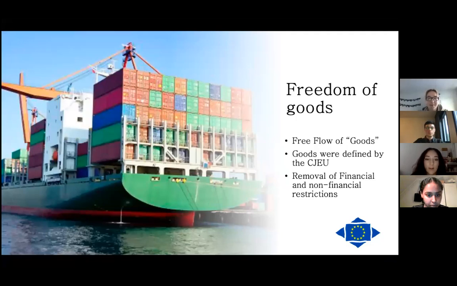So I'm going to start off with freedom of goods. The abolition of customs duties and quantitative controls, as well as the prohibition of policies with an equal effect, ensure the free flow of commodities throughout the entire territory of the EU. The most important objective of the freedom of goods is the right to free flow products originating in the member states, as well as goods in free circulation in member states from third countries.